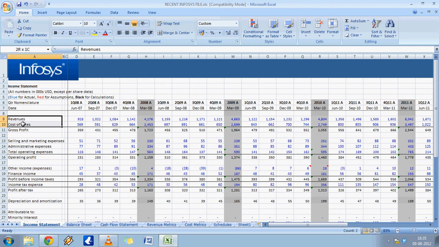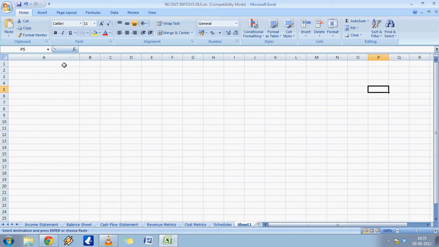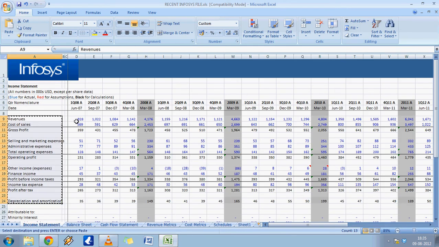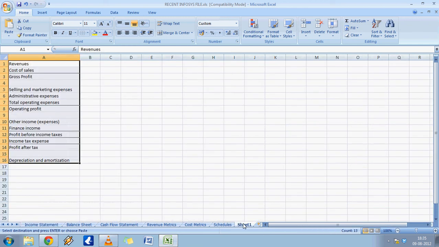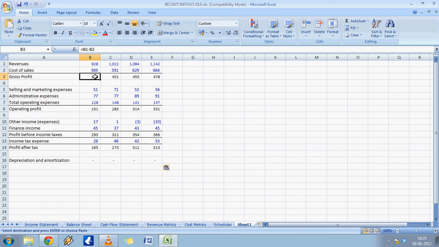For example, we just copy this till depreciation. Now if we simply copy things, for example, if I just do Control C and Control V, my formulas will also be copied along with it. I'll show you: Control C, I've copied it all. Control V. Here when you press this, you can easily see the formulas, that is gross profit is equal to revenue minus cost of sales.